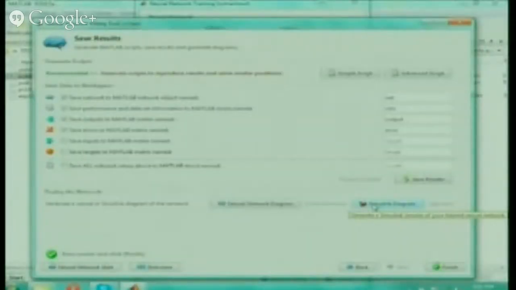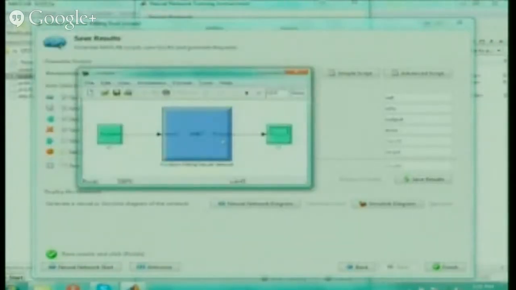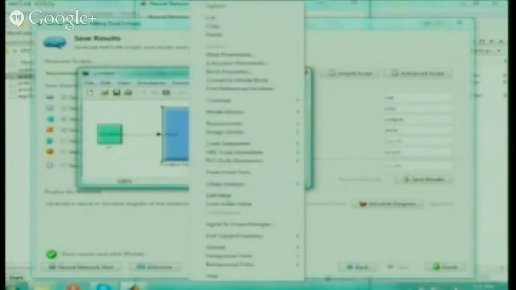Our main thing is how to implement this in Simulink. So here for the Simulink diagram, just click, and the Simulink window will open automatically. In this you see one input and one output is coming, but we have 5 outputs. Do you remember it? So what you have to do is right click this and look under mask. So this is your neural network, the Simulink block of the neural network that you have created with the input you have taken, and trained. Now you take this block into your Simulink, into whichever model you have developed. So what will happen if you give one input, corresponding to that it will generate and give you the 5 outputs.